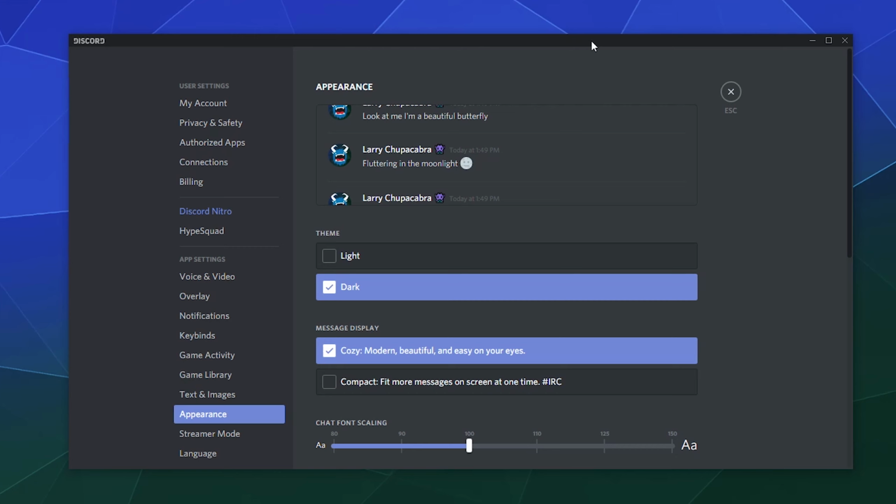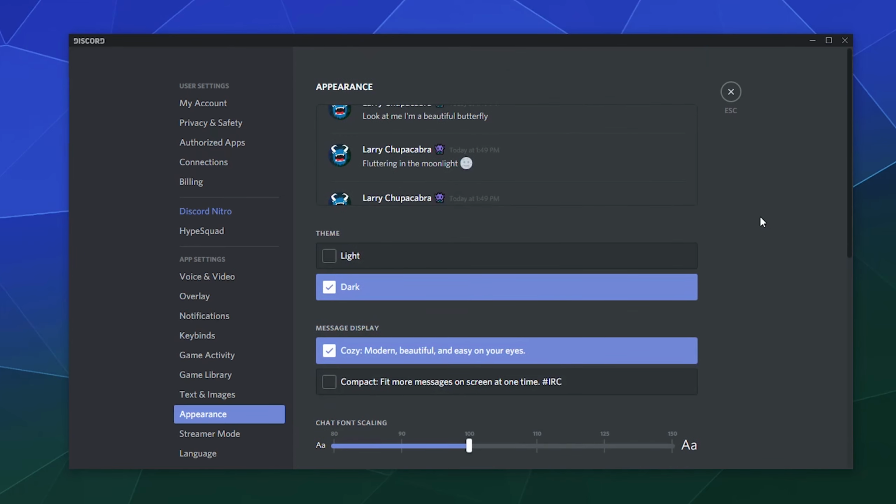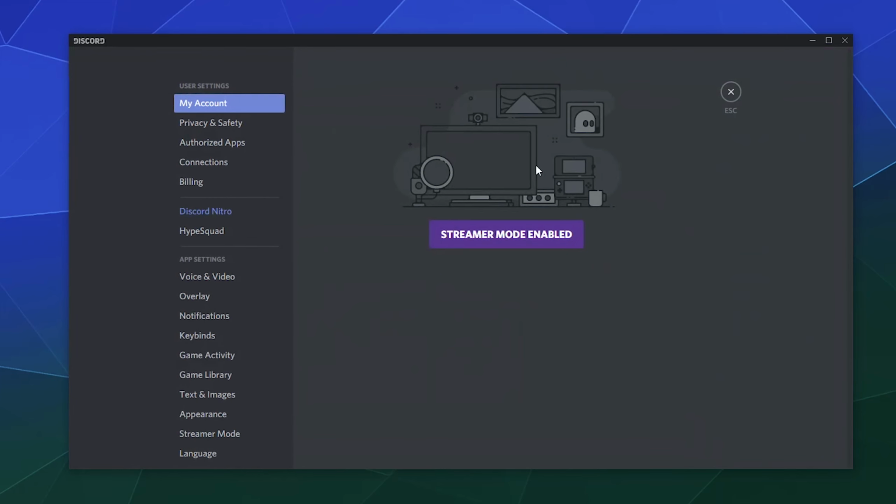I'm your host, Larry, and today we're talking about how you change your Discord appearance into a dark theme, and also how you can change the font size, and a few other components that just overall change the way that Discord is displayed. So the easiest way to access this section of your settings is to go to Discord, obviously, hit the little user settings gear in the lower left-hand portion of your screen, and this brings up your personal